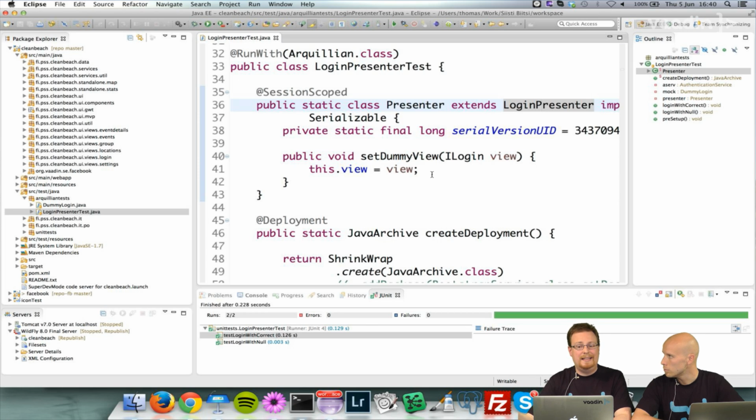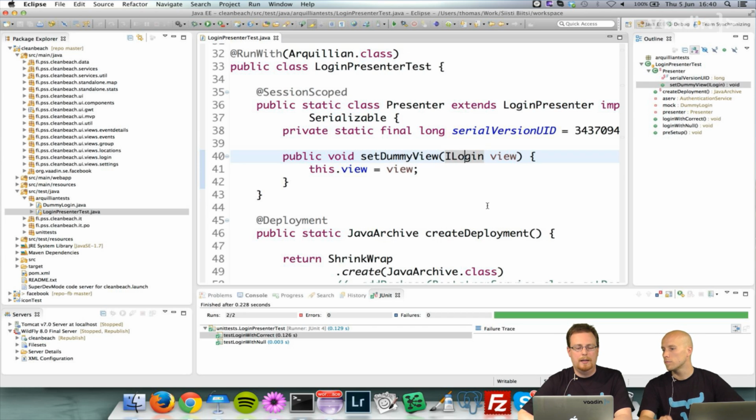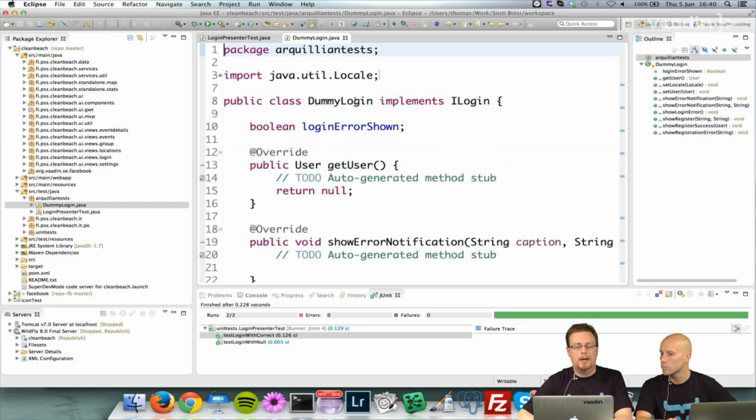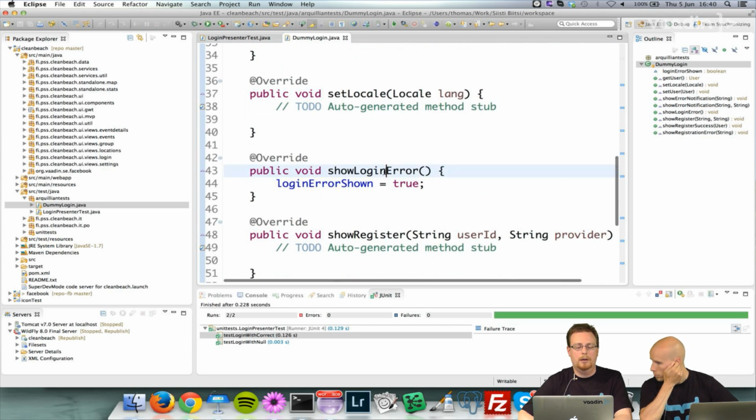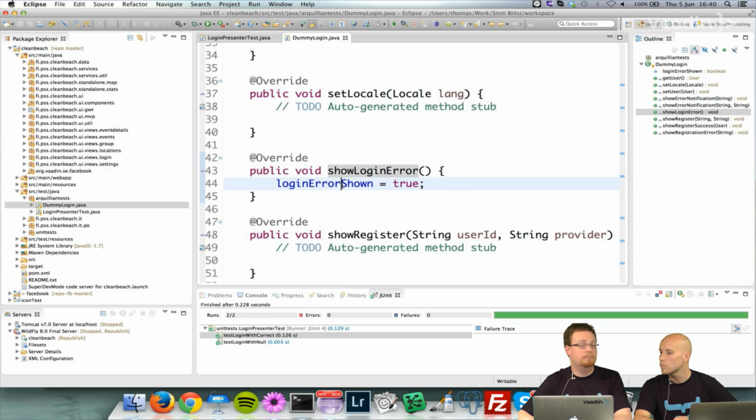I don't want to have that in here, so I've created an extended class here with a setter for my dummy view, and as you can see, it takes an ILogin here. And that takes actually the dummy view class here. So I have a dummy login that does pretty much the same thing as the event class did previously. It just shows here that, okay, the login error method has been called. And that's everything I need in this particular test.